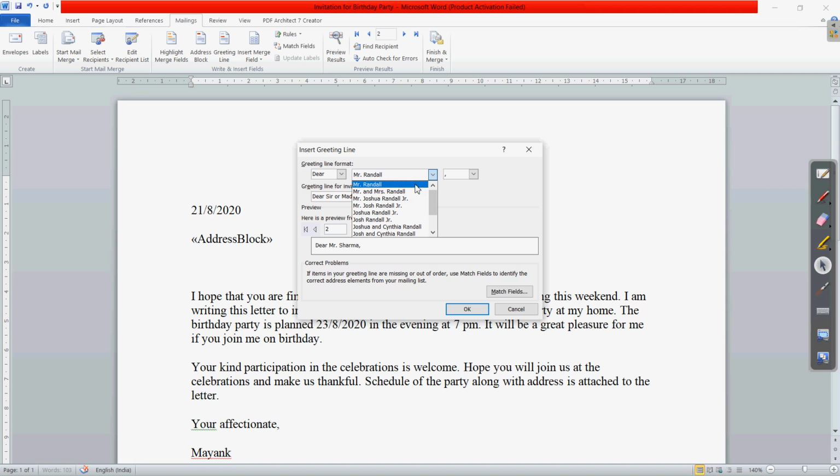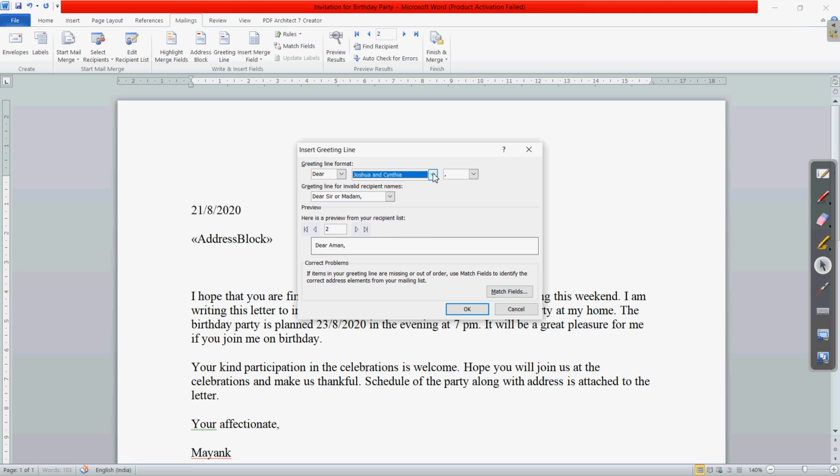Clear? If they are relatives, you can include both names, Mr. and Miss or something like that. Or if you are including the whole family, you can write that way. You can choose the different format from here, and accordingly the preview will appear here.